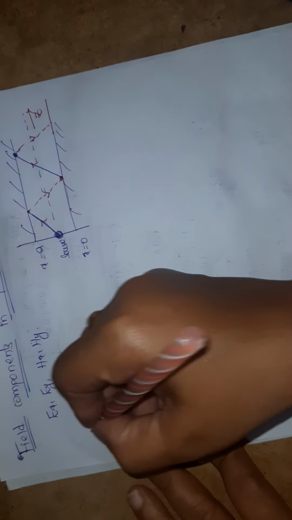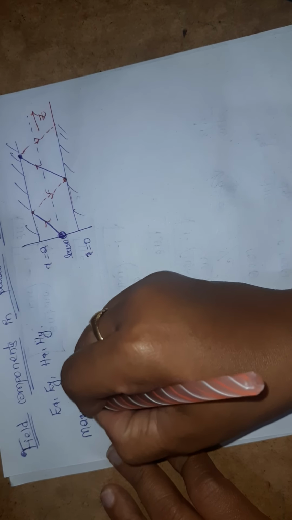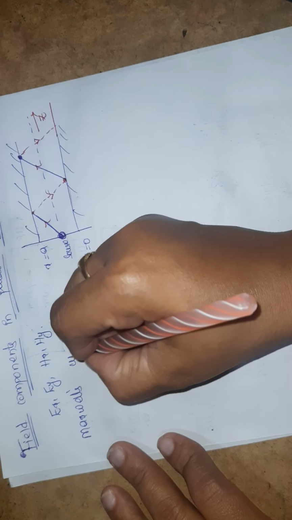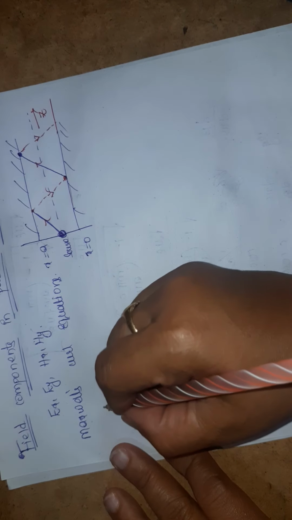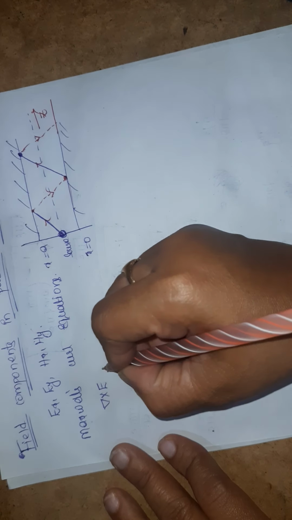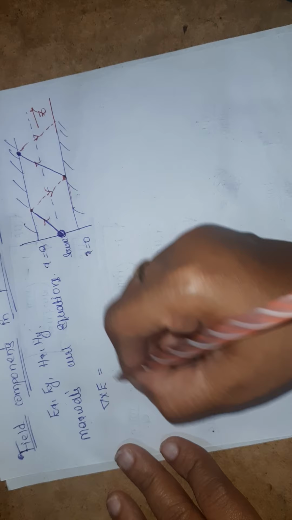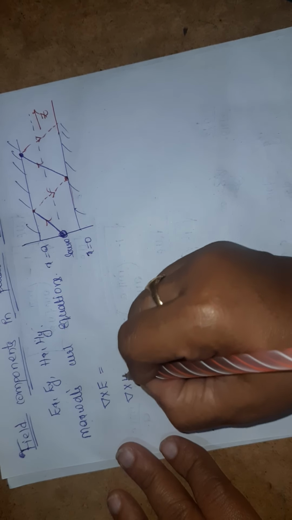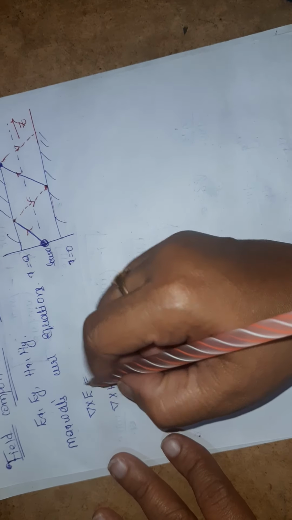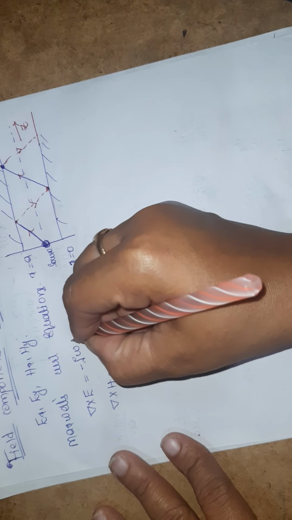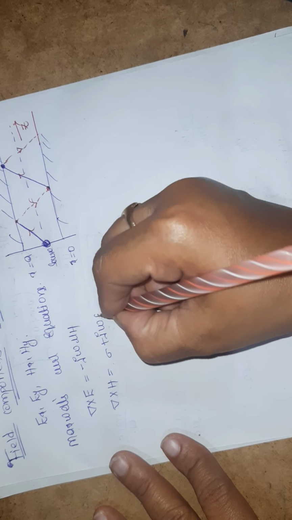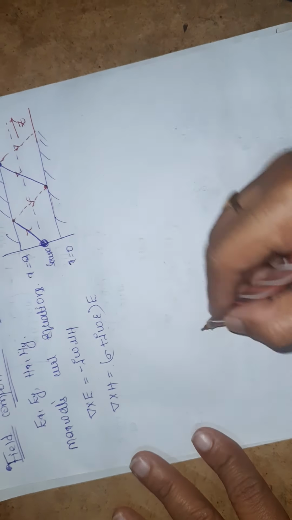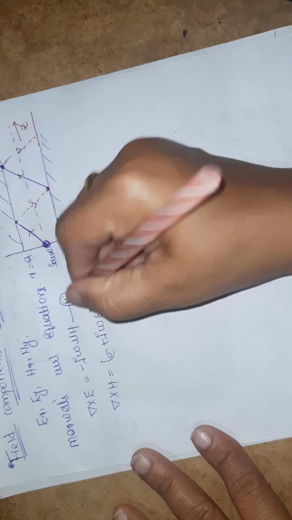We have to consider Maxwell's curl equations and wave equations. What are the curl equations? Already we did the prerequisites, part 1, 2, 3, 4. Just go through the prerequisites parts. Del cross E is equal to minus j omega mu H, and del cross H is equal to sigma plus j omega epsilon into E. Okay, so consider this as equation 1.